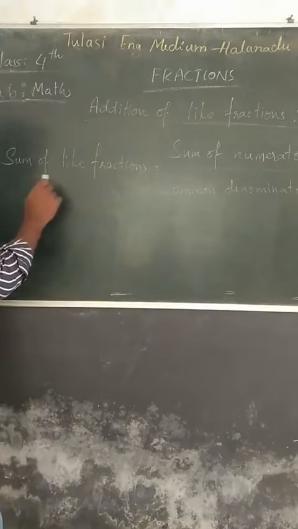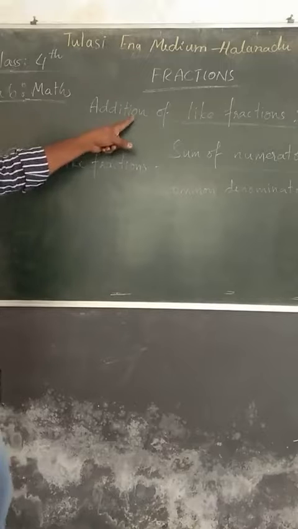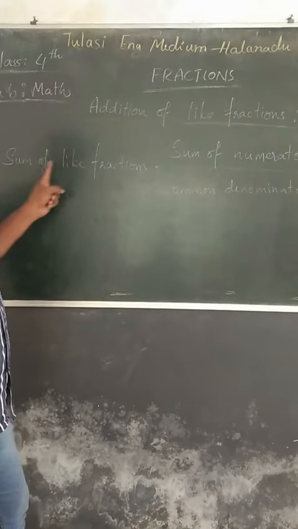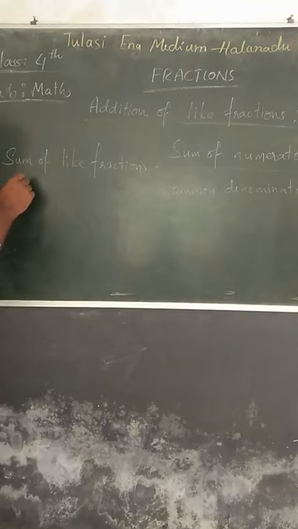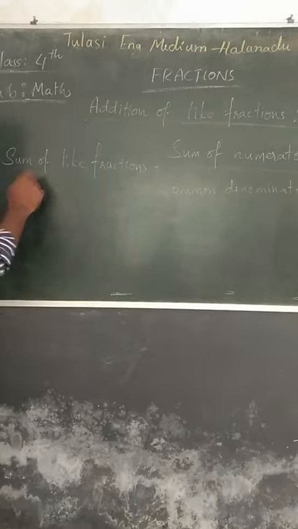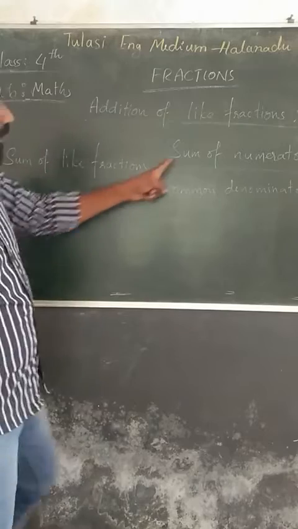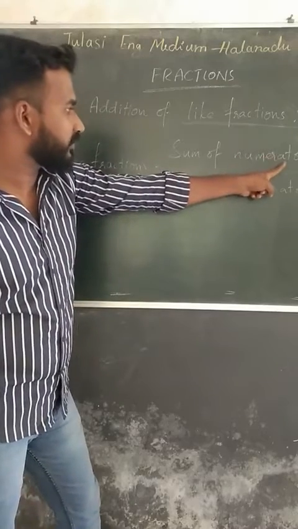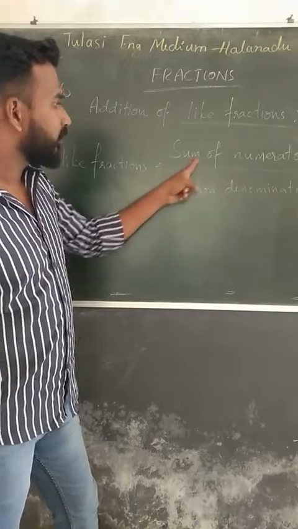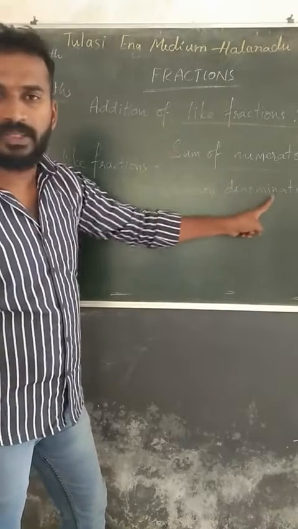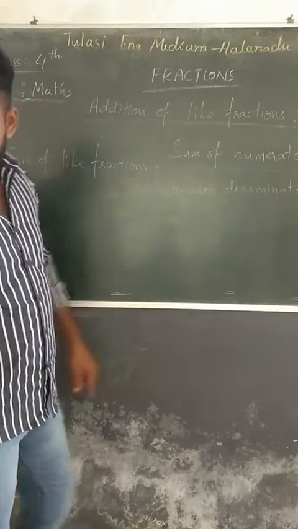One important thing is that while adding like fractions, the sum, in the sense of total addition, of like fractions is equal to the sum of the numerators, and the denominator will be common. One example,